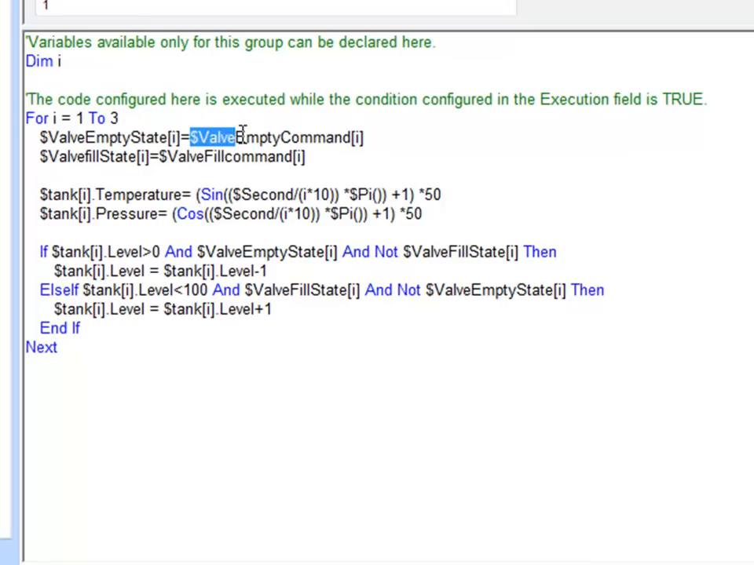Whenever we change the valve empty command, depending on what tank we're on, notice that this is an Indusoft tag because it's preceded by a $ sign. Whenever we change that command, whenever we click on that empty valve, it writes it to the state, which changes the color of that valve. Same thing with the fill valve, depending on which number index we're on,